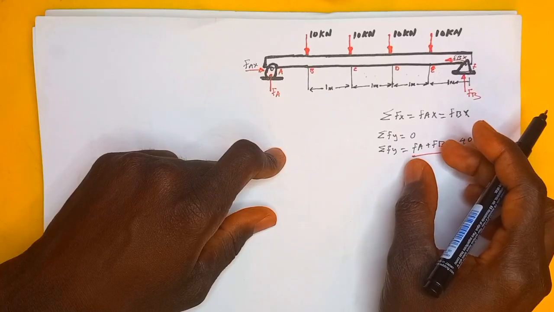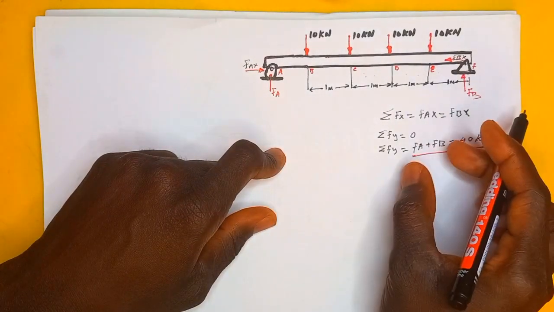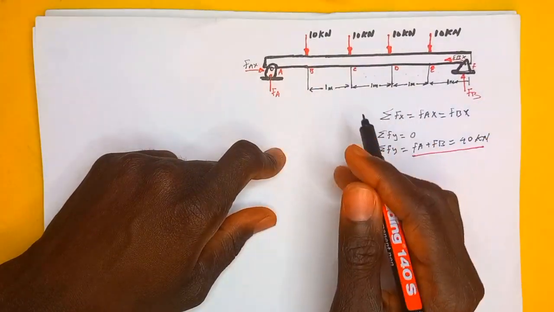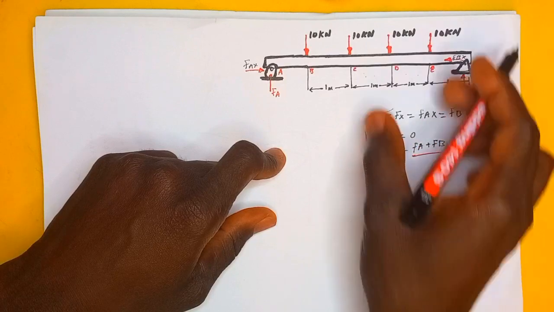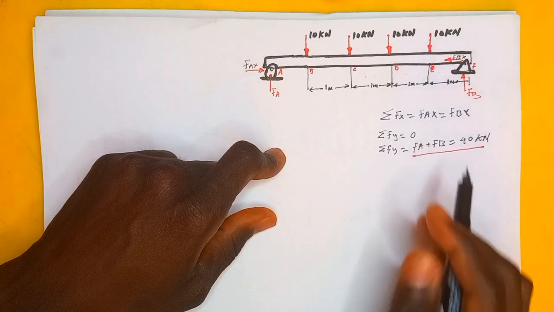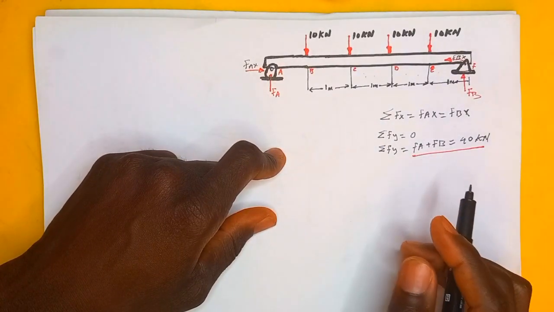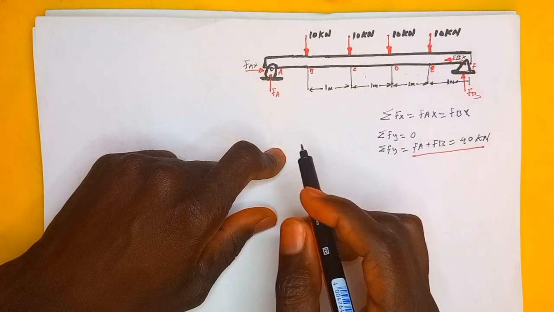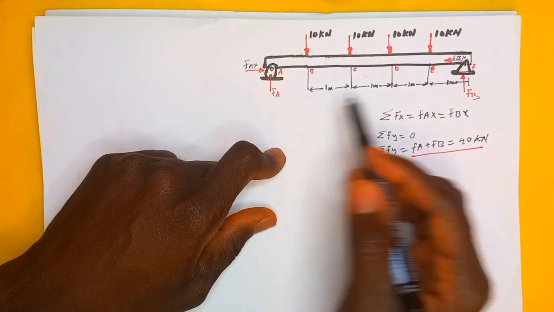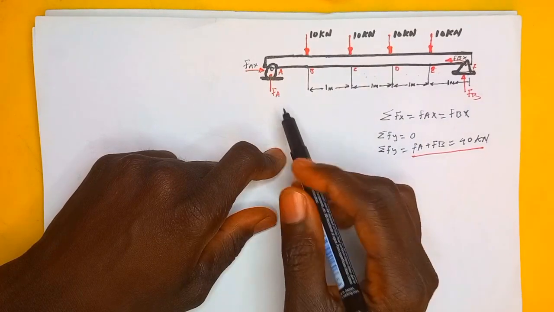And notice that we have 2 unknown forces, FA and FB, right? So we have to find the magnitude for each of these forces that are opposing the 40 kilonewton force that is coming down. So to solve for that, we need the moment equation and also set that equal to 0 to find the moment about FA and FB here, right? So taking the moment about FA,